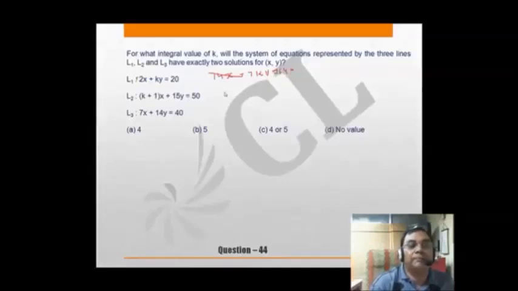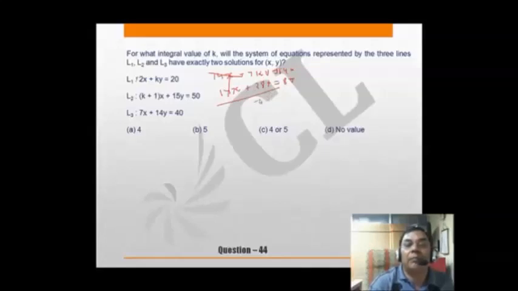Okay, and there will be 14x equal to 80. If I subtract,